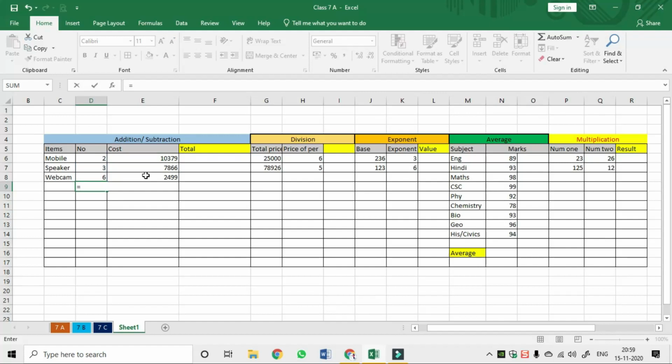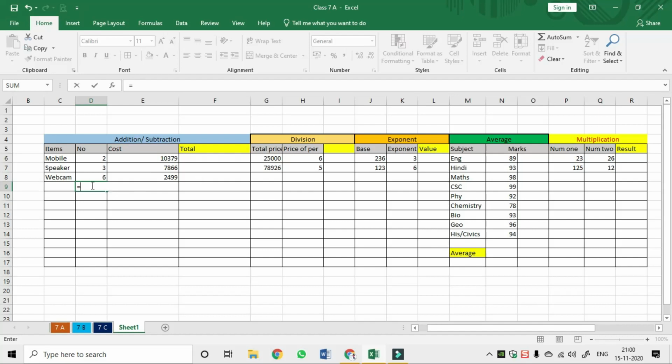You must understand that the equal symbol is important. Whenever you do a multiply function, division function, or any mathematical operation, you must enter the equal symbol, followed by the numeric value. As we know, the plus sign denotes addition, minus is to subtract, division is the forward slash, and exponent I will teach you later.